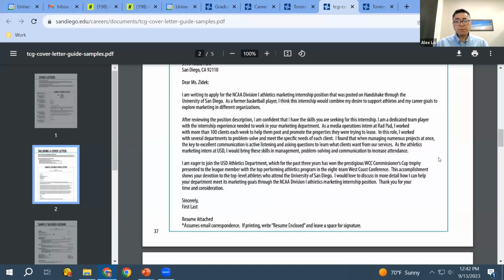So this is very important because if you use a generic cover letter, copy and paste it, and just change out the job title for each job application, the recruiter will see right away whether you tailored your letter to answer their requirements or not. And if you send a generic cover letter, not only is it not going to make a strong impression,